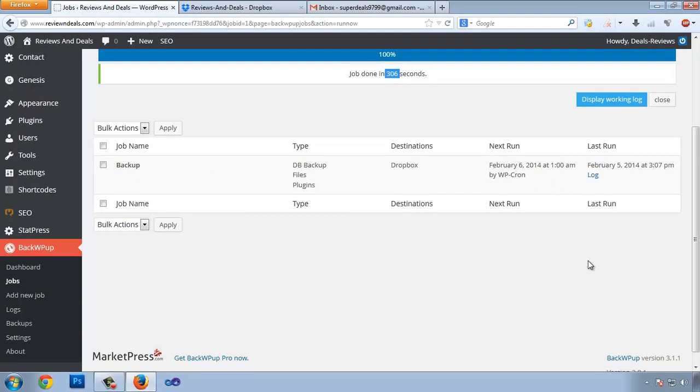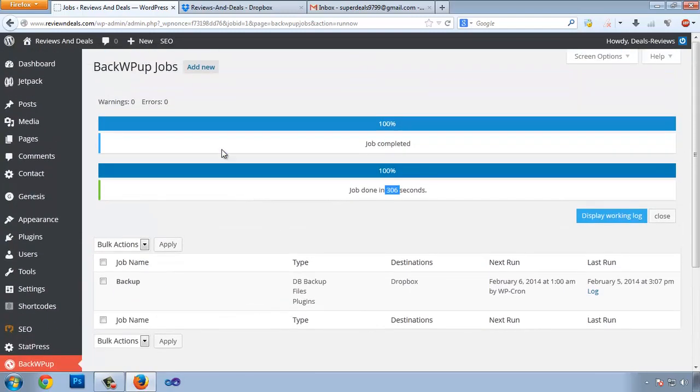or 1 a.m., I don't know, but this way you can set up a backup for your website, and it will